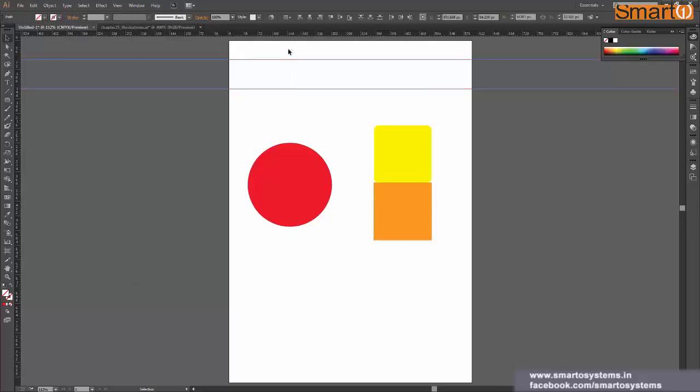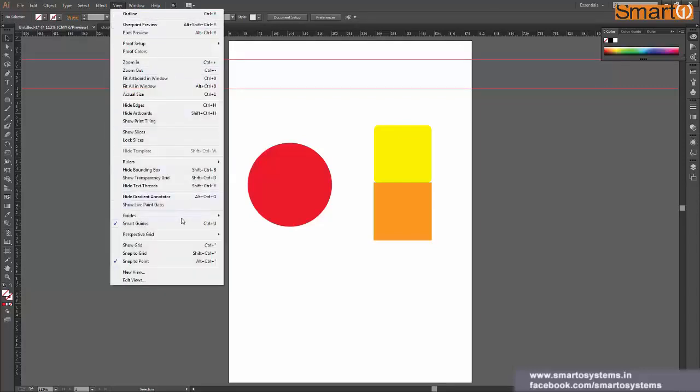The same thing applies to guides also. We can press Ctrl 2 to lock all the guides here, but we have to select the guides first, and Ctrl Alt 2 to unlock the guides. But if you want to lock and hide guides without selecting, then you can go to View, Guides, and use these options like Lock Guides.